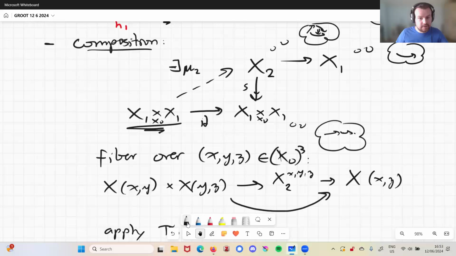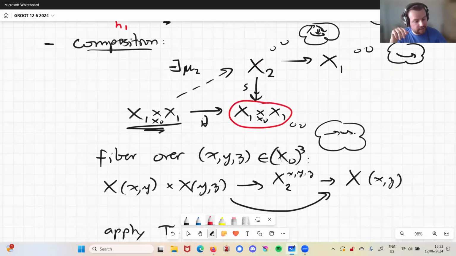Now I need to change even less. Already we have the infinity one category of compositions and infinity one category of chains of length 2. This whole thing is already a lifting problem. Every complete Segal space is cofibrant in the appropriate model structure. And this is already a trivial fibration in that model structure. So we can solve this lifting problem and we get some functor, some infinity one functor for composition, right?